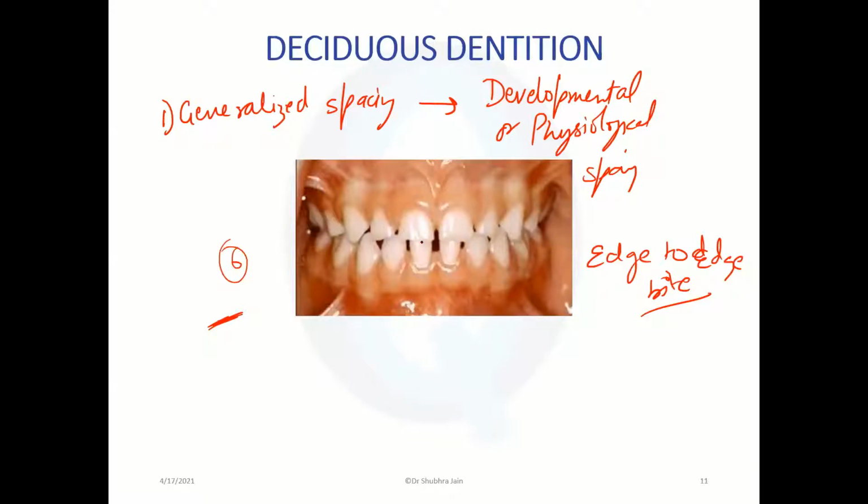There is no overbite. So this also happens, and this is also characteristic of a deciduous dentition. In later stages of deciduous dentition, deep bite may turn into an edge-to-edge bite, or there will be no overjet in this case. Don't get startled if you see such a case. When the molar is just about to come, this is also seen in deciduous dentition.